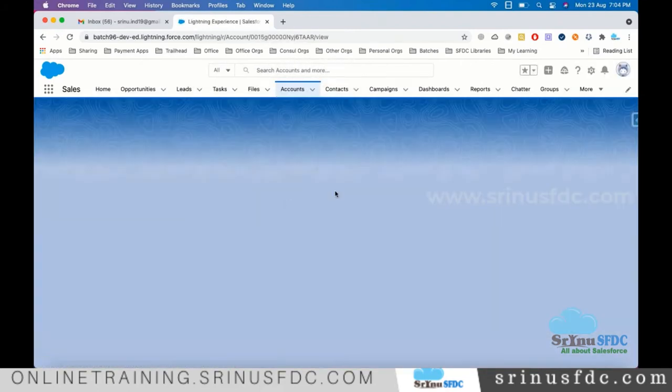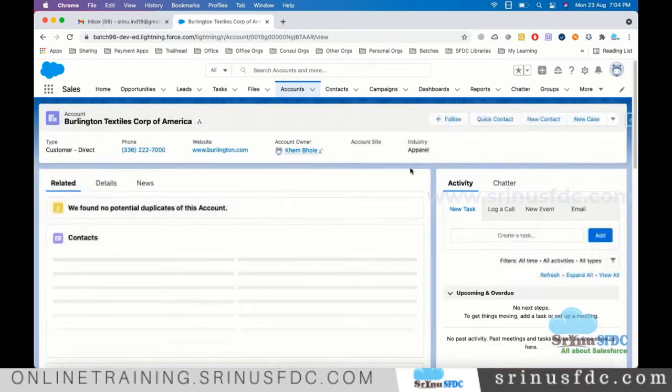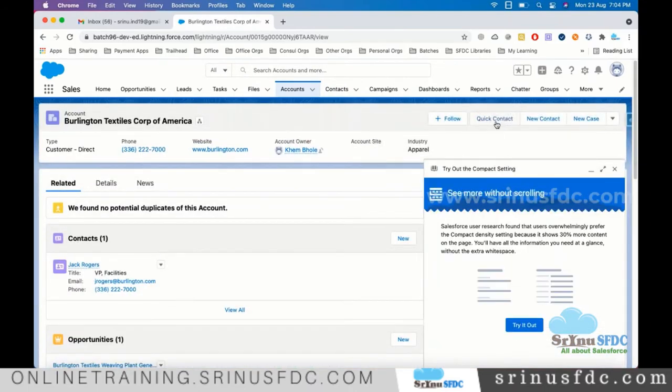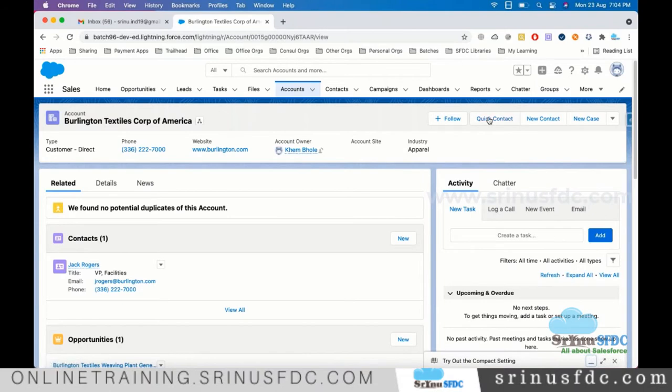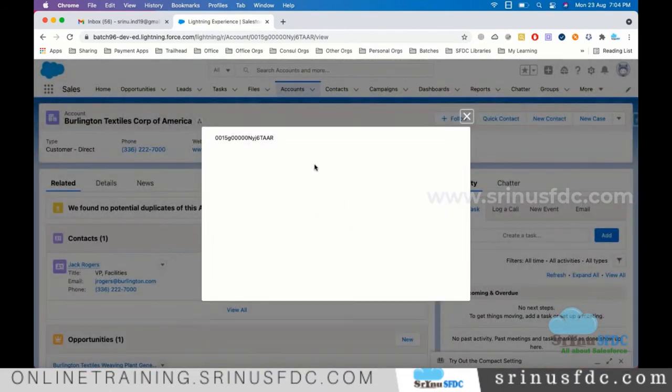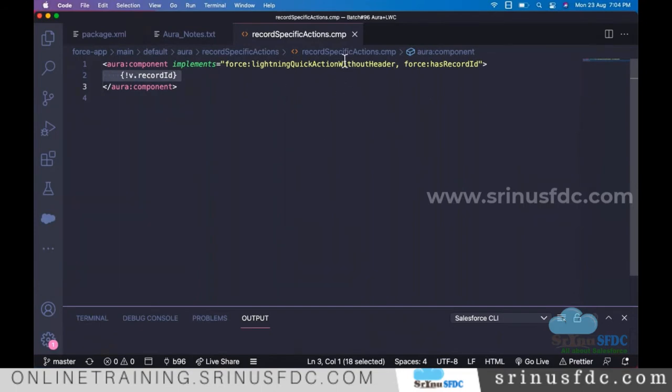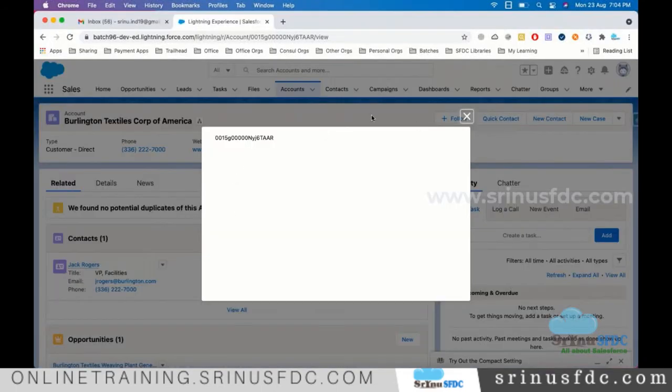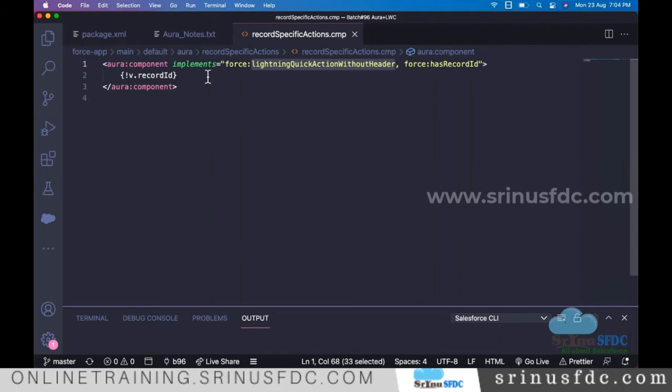I'm opening one of the accounts, and this is the quick action which we created, quick contact, created without header, without any standard actions, a Lightning quick action without header. That's why you are not seeing any header under some of the standard actions. This ID we are getting. For now, maybe we don't want to show it on the UI.